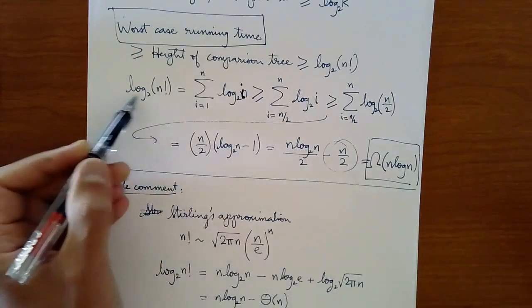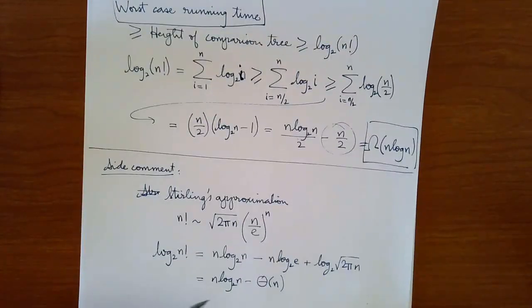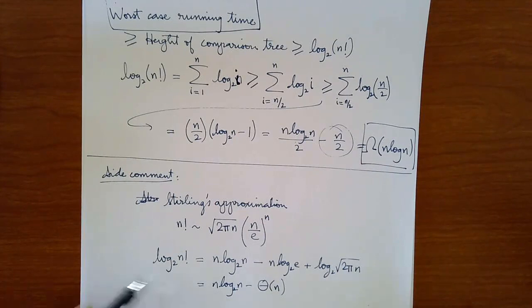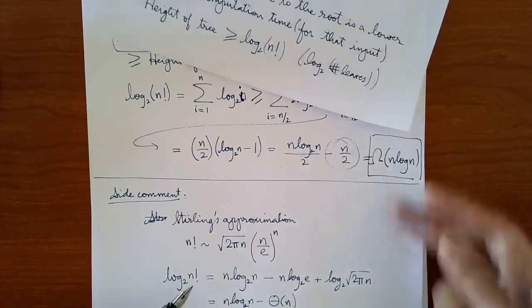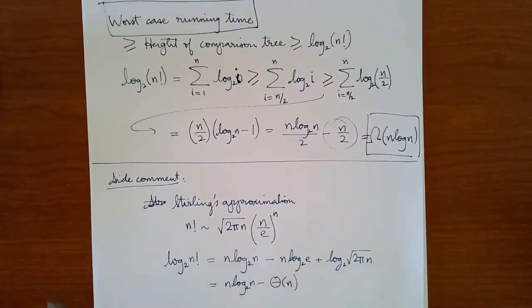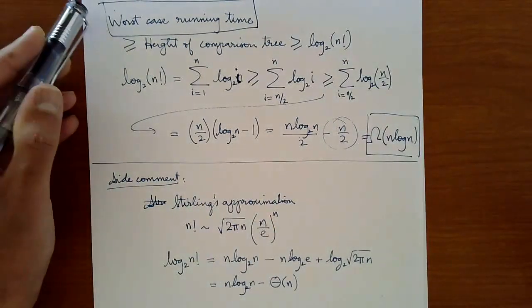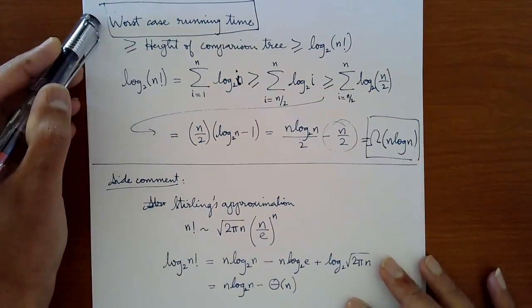We showed that log base 2 of n factorial is at least n log n divided by 2. It's actually pretty much closer to n log n, just directly with no constant loss here. Okay, so Stirling's approximation can be used to give you an accurate approximation here. But the point of this discussion was that the worst case running time of any comparison-based sorting algorithm,